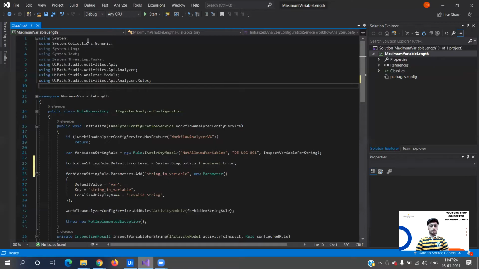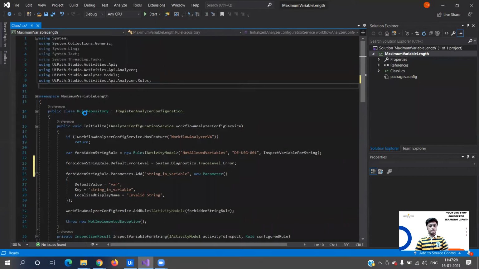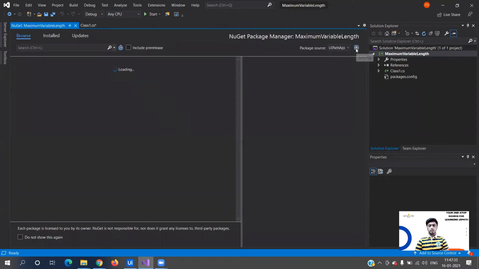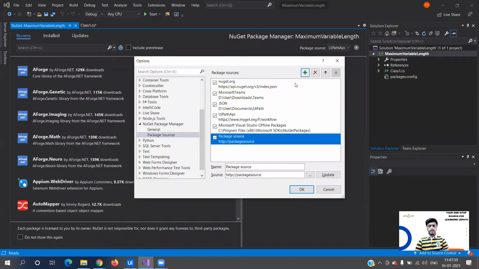What you need to do is go to Project, Manage NuGet Packages, and let a window pop up. You need to go to Settings and click on Add, and here you need to type the name UiPath, and here you need to give the URL. If you see over here, I've already given UiPath API.